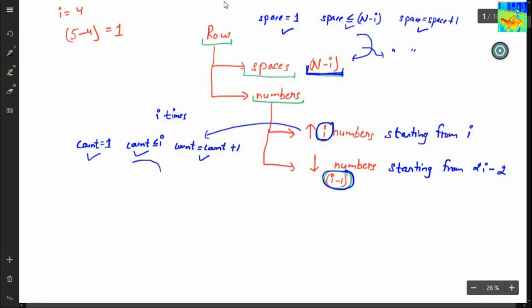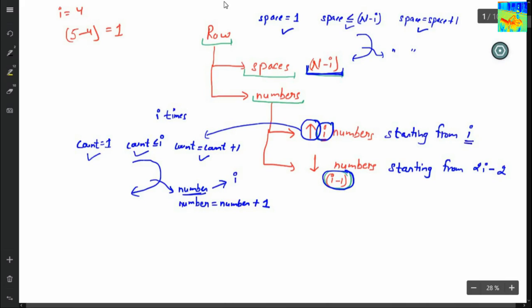And each time this loop is running, what will I do? I will print a number, and then I will increase the value of number by 1. So number equals number plus 1, because we have to print increasing numbers. And the first number that I will print will be i.